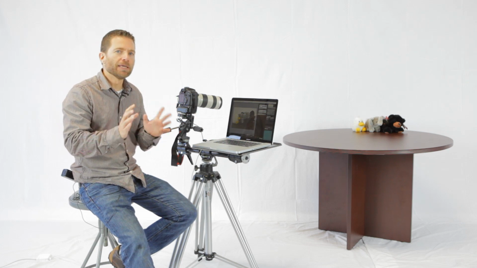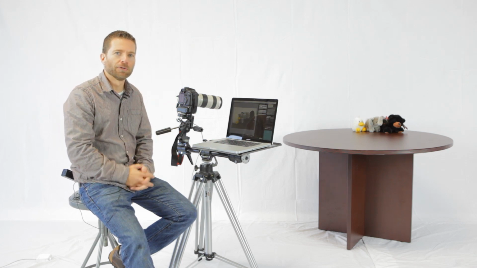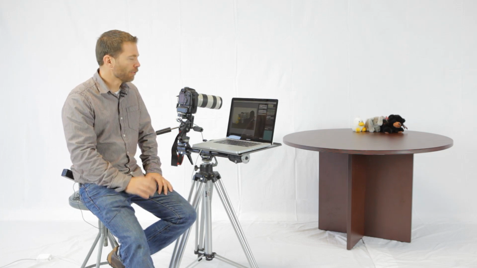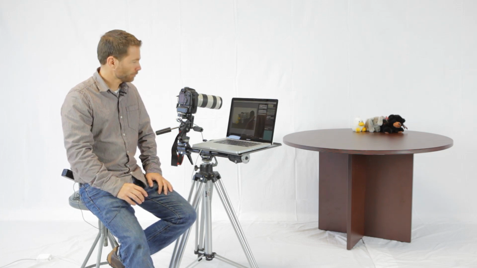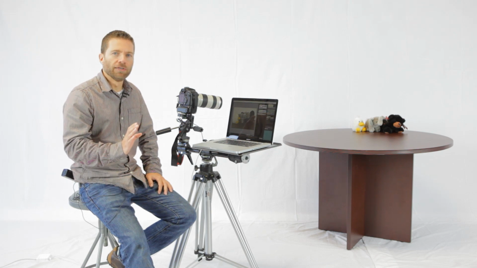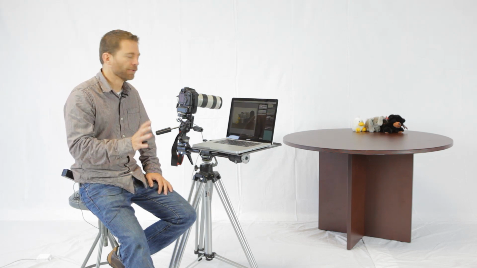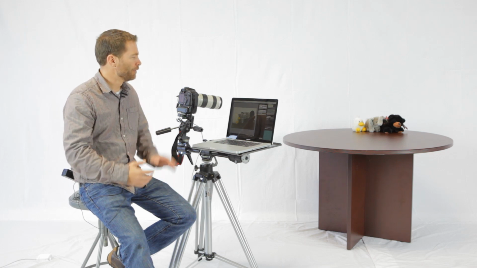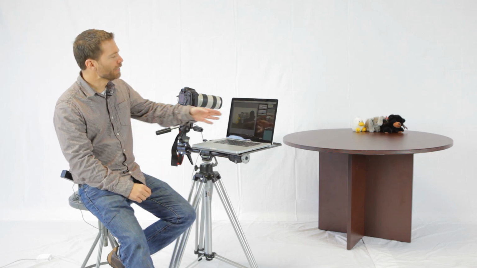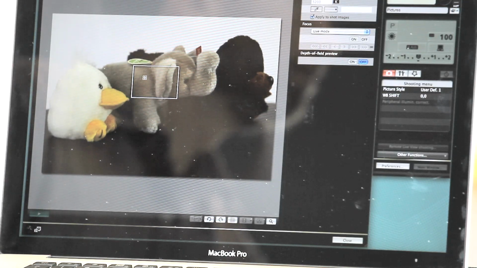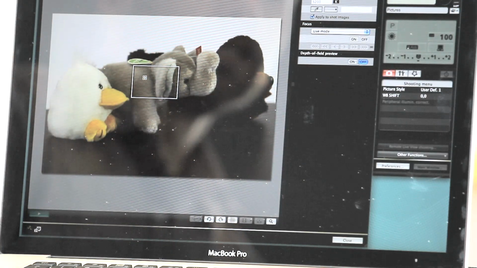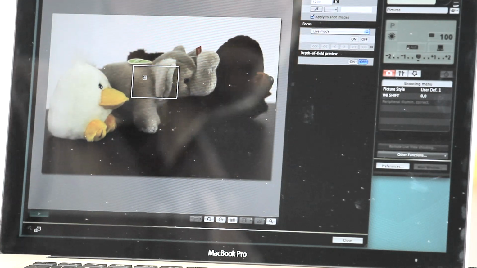But however the metering system is set up and however you've chosen to customize your camera, there's always the possibility that in a certain situation, the camera is going to think differently than you are in terms of your subject. Maybe, for example, in this situation, we know that our subject is the black bear, okay? We know that it's very dark and it's going to have a different exposure setting than the other items, but